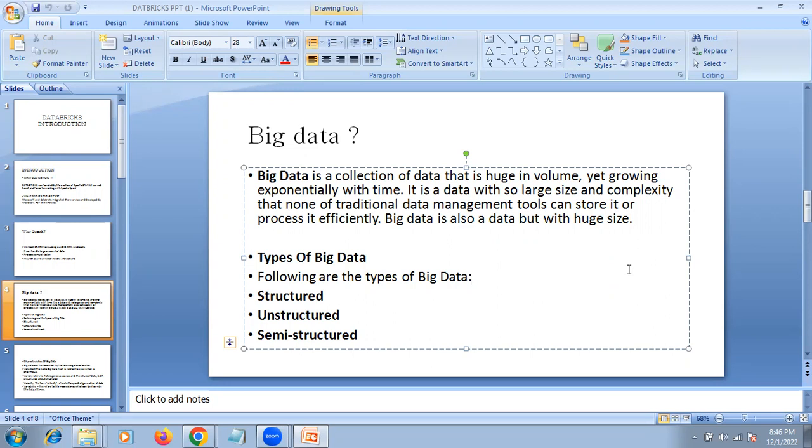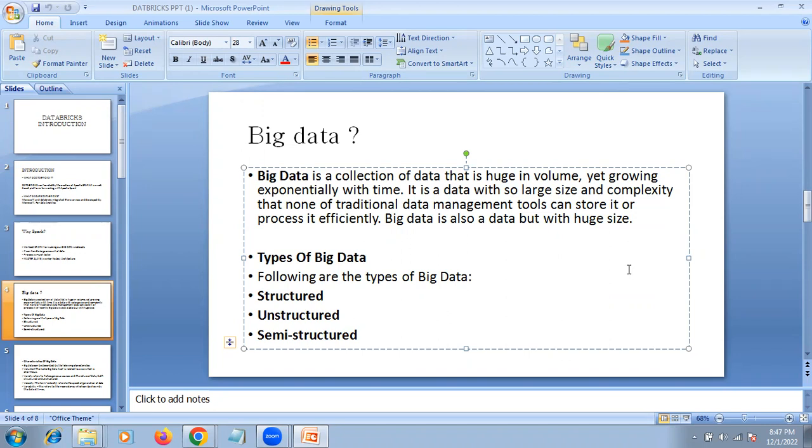In big data, we can see three types are there: structured, unstructured, and semi-structured. I think you can find this everywhere. These are the three types of data which you have to handle. In any company, in any of the projects you work on, you will get these three kinds of data. So what is structured data? Structured data is a kind of relational table, with the data in row column format.